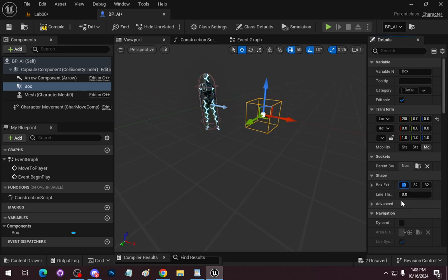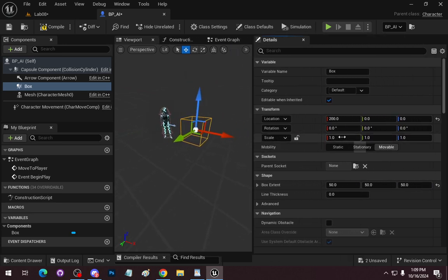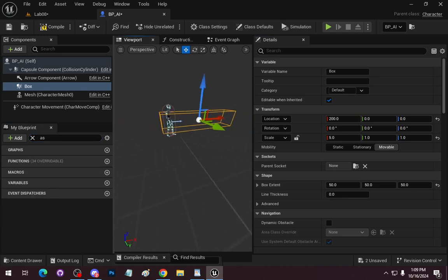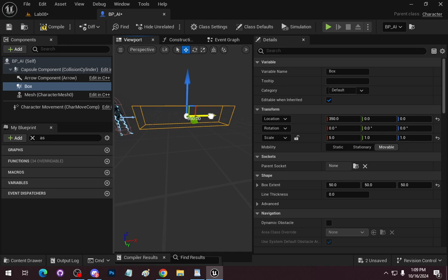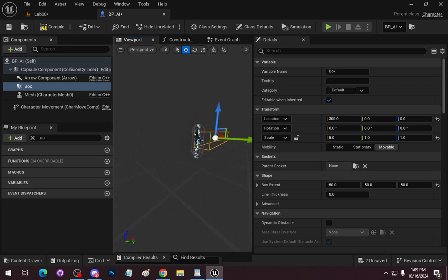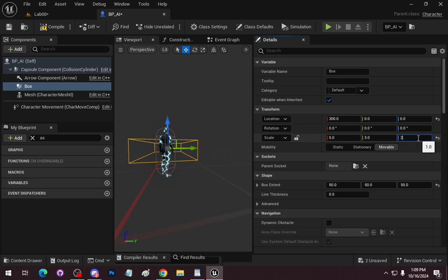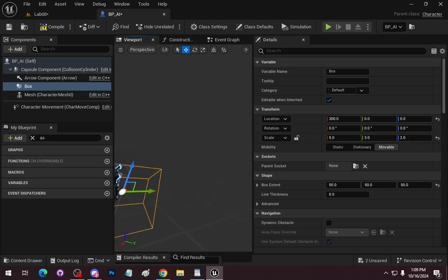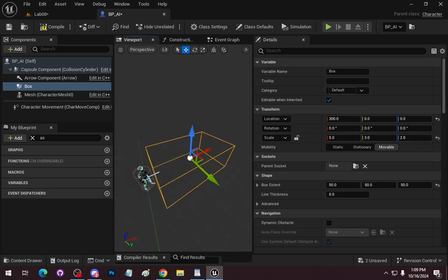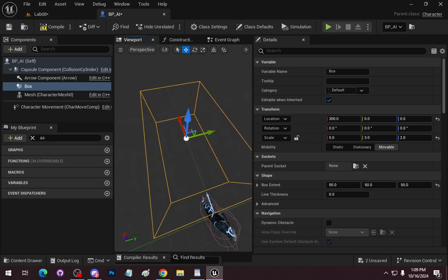We'll make this 50-50-50 to make our lives easier with the math here. Let's say this is 5 units out, 3 units wide, and we'll just say 2 for the sake of argument. So if you cross inside this box right here,